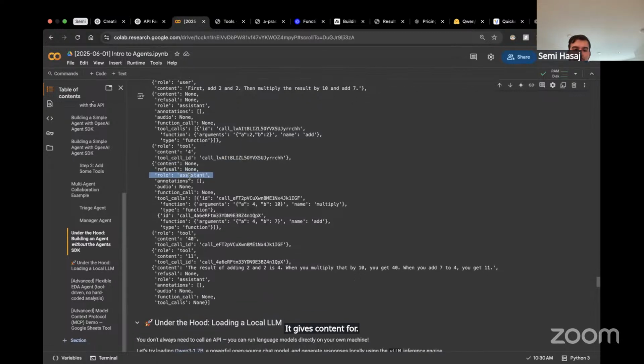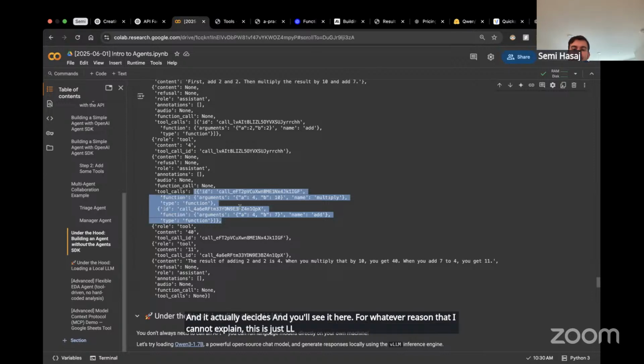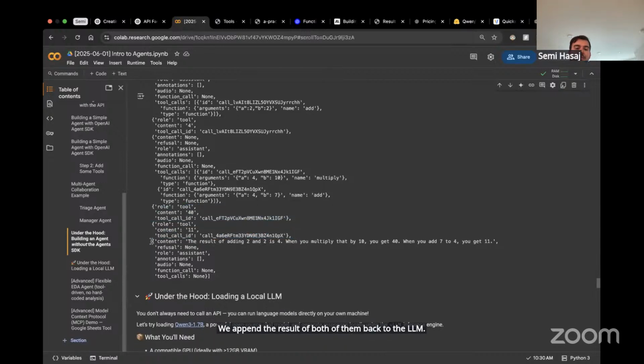And then we go back to the LLM assistant and it actually decides, and you'll see it here, for whatever reason that I cannot explain, this is just LLM decision making, it decides to use two tool calls. Okay, we append the result of both of them back to the LLM, and then finally the LLM decides to respond with the final answer, right?